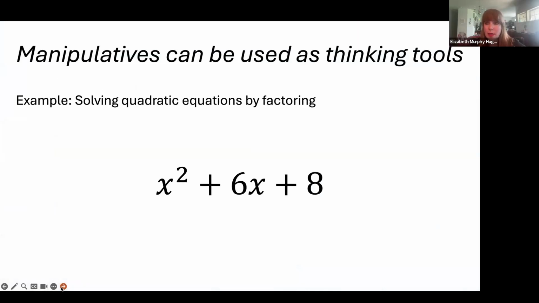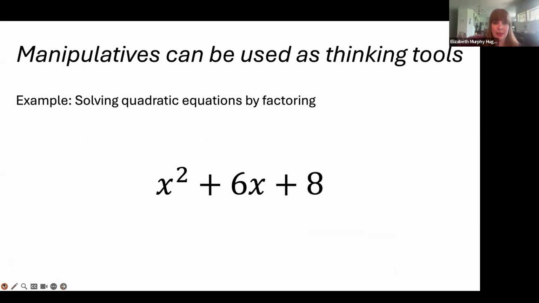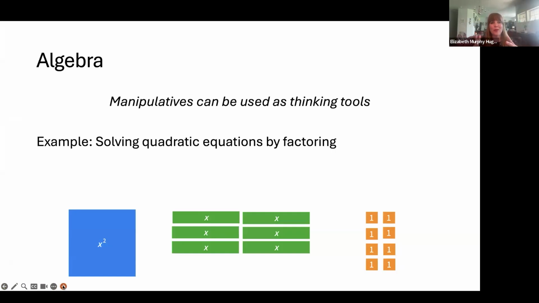Okay. Another thing that we shared is that manipulatives can be used as thinking tools. So if we have this quadratic equation, if you set up the manipulatives and the tiles so that you have 1 x squared, 6 x's, and 8 units, which is what I have there, x squared plus 6x plus 8, then you can have students use these to make a square, or use these to make a rectangle. And it's fun to really watch students put these together and think about how to do